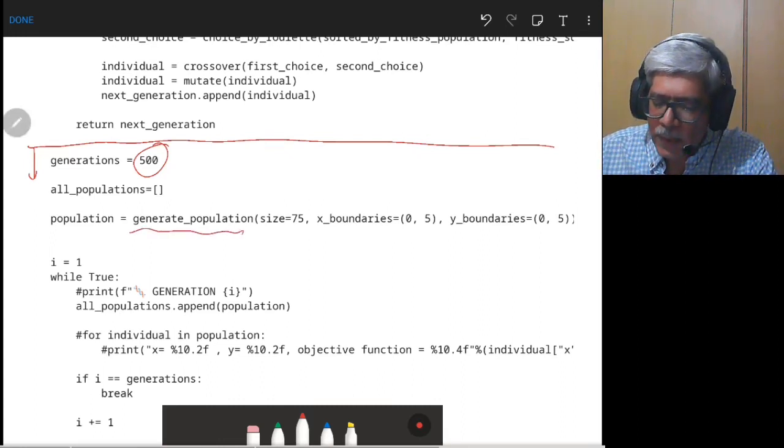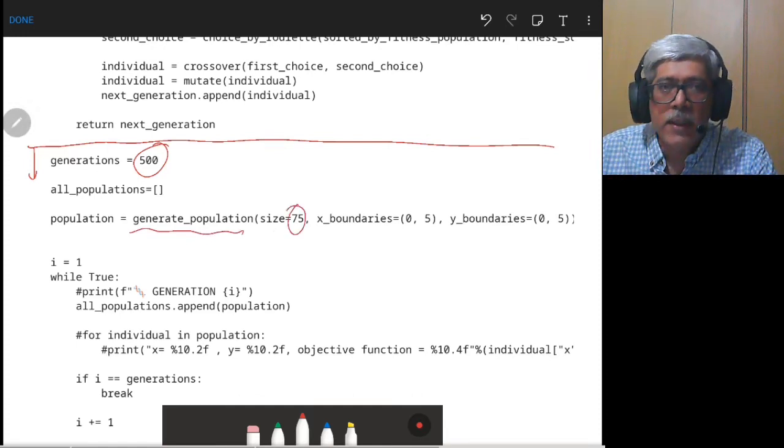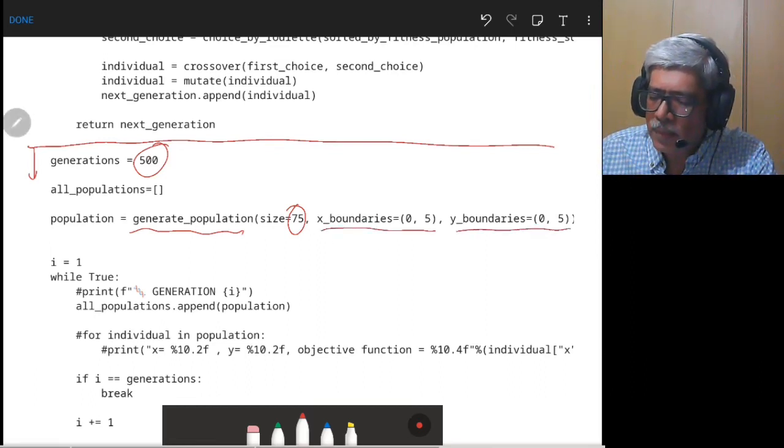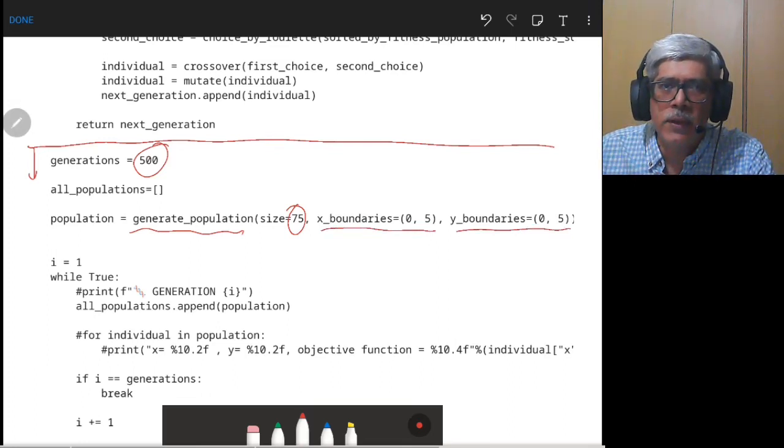For that there is a routine, and the population size of my generation is 75. So each generation will have 75 individuals or 75 solutions, and each solution is within bounds of x1 within 0 to 5 and x2 also within 0 to 5.